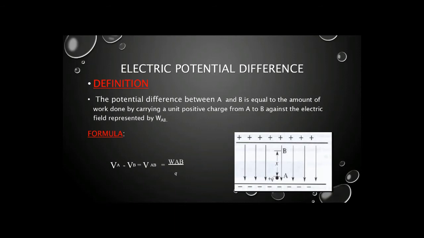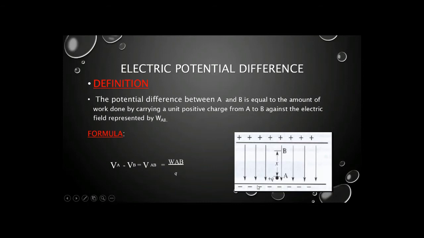I hope you will understand what the electric potential is, and I am going to repeat the whole process because it is difficult. As you can see in the diagram, we have a positive charge and some negative charge, and the arrows indicate the electric field, which is from the positive to the negative charge.